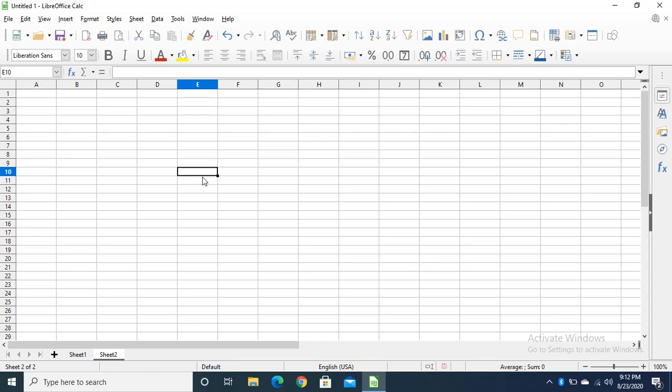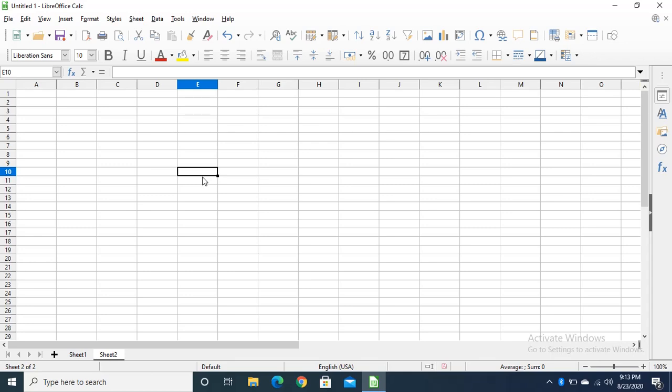Okay students, next is your cell reference and its types. We have three types of cell references, right? One is relative, then absolute and mixed, right?